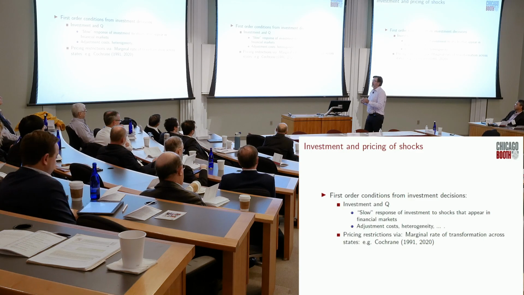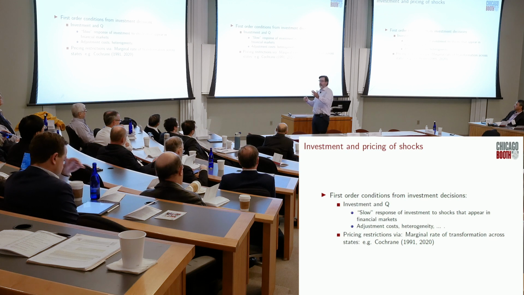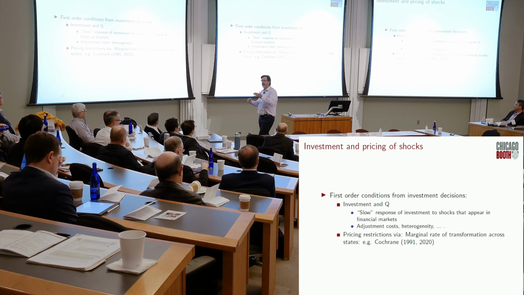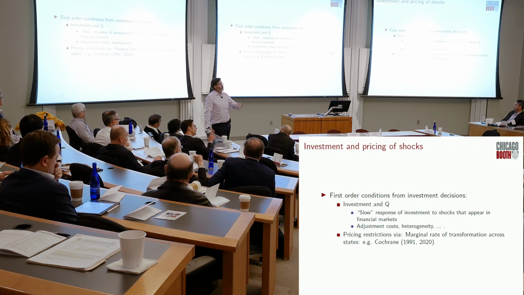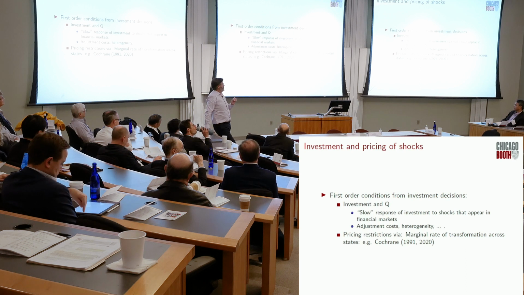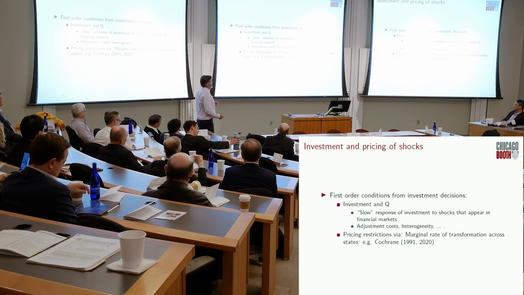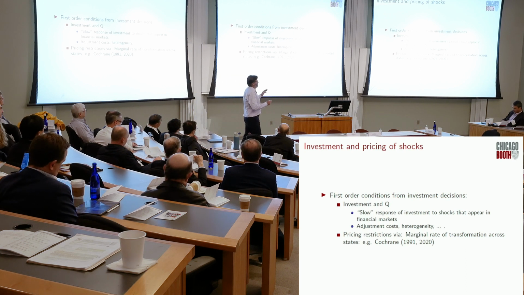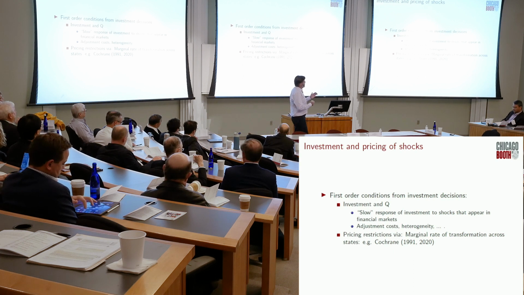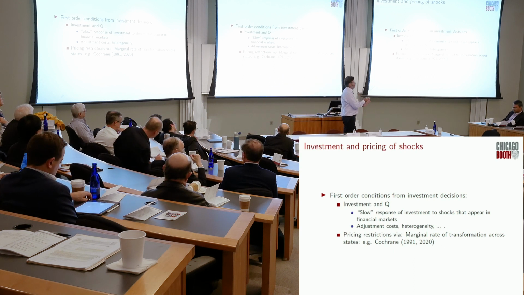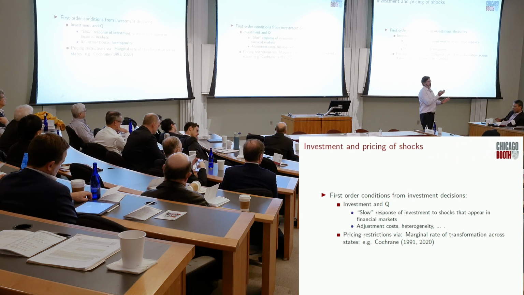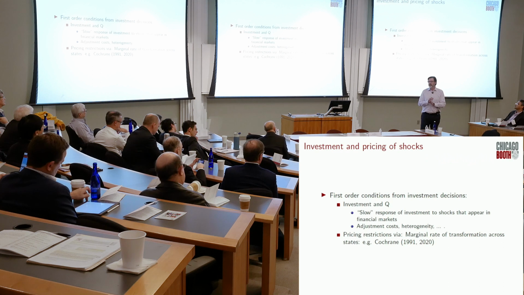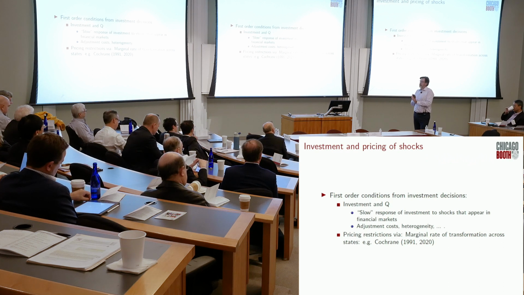And the response to that is to say, hey, wait a minute, we ought to enrich the model to allow for things like adjustment costs, potentially heterogeneous behavior across firms because they face different constraints, and so on, to help us understand that. So this idea, as we'll talk about some more, is that there are other frictions or other things going on that are disturbing the contemporaneous variation we see in physical markets as well, besides financial markets. So same sort of issues.